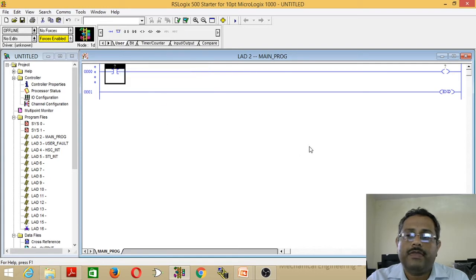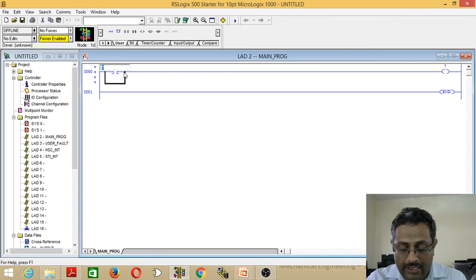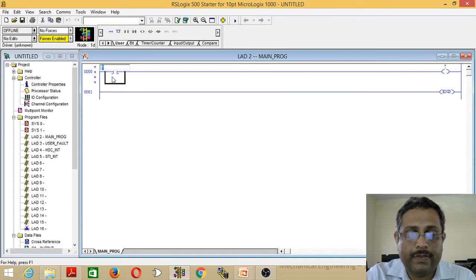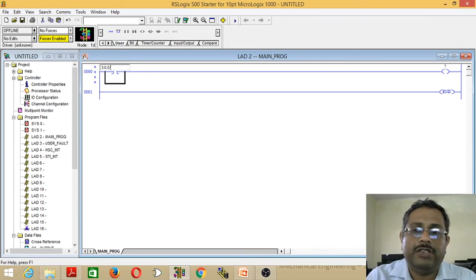First you have to place the components or symbols by selecting the appropriate one. To place the timer, we have to go to the timer or counter panel. After placing symbols, you have to address them. I already told the address format. The input address should start with I colon 0.0 slash, and you can put any number between 0 to 5. I will put the first input, that is 0.